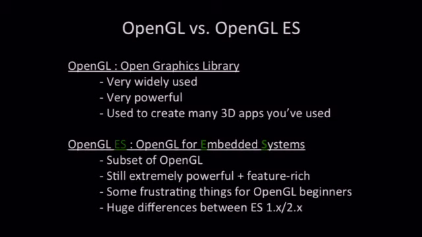It's a subset of OpenGL, so you can't use any OpenGL code you find on the web in OpenGL ES, but you should be able to find a lot of lists out there on the internet of what the differences are between the two frameworks. And it's still incredibly powerful. Like you've seen games that you've played on iOS, so you know how powerful it can be. So it's not really a problem, but I just wanted to give you a heads up about that. Also, different versions of OpenGL ES have vastly different capabilities, and today we're going to use OpenGL